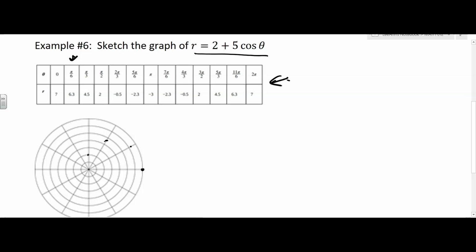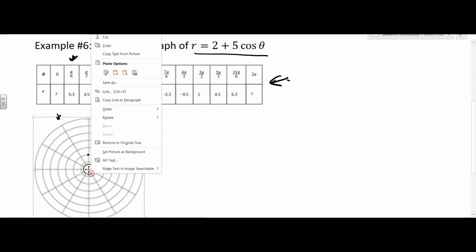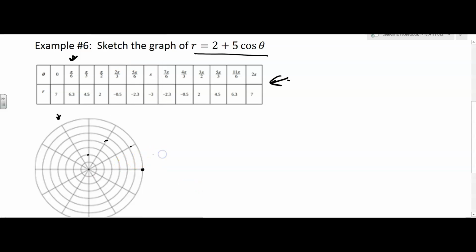And then 2 pi over 3. Okay, so 2 pi over 3 is going to be over here on this line. And negative 0.5, so it's going to be back here. Sometimes that's a little tricky to follow, but it's going to be right there. Now, if I had something at the pole, I shouldn't have something at the pole right there. Not yet. Okay, so we got to this one. Then 5 pi over 6, so we're all the way over here,